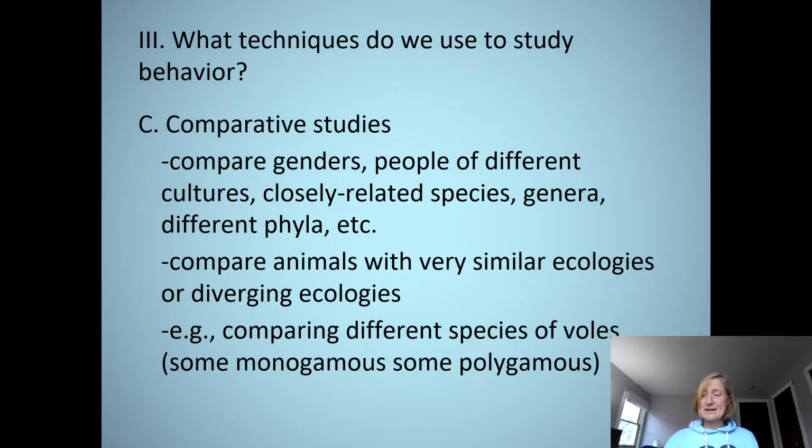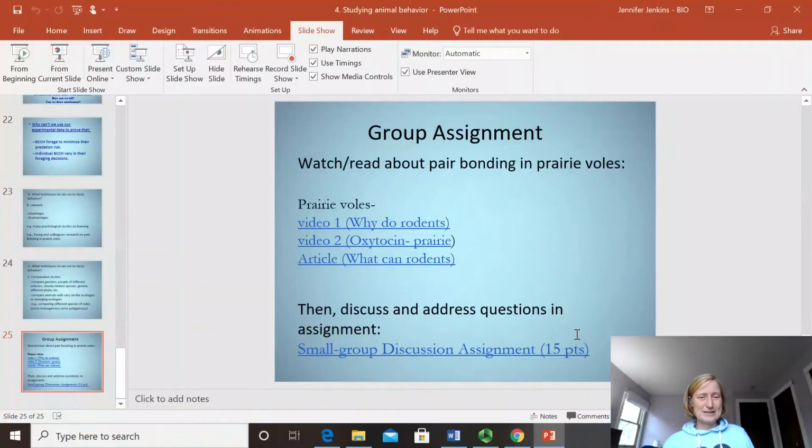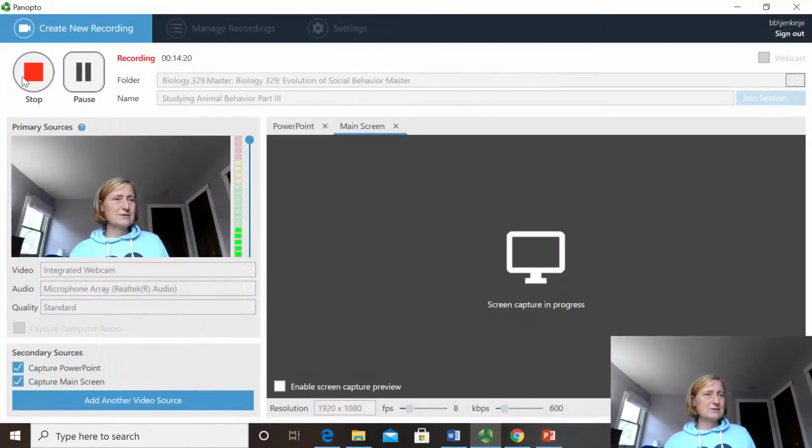Okay, so those are some of the kinds of techniques that we use to study behavior, the ways we go about studying it. And you'll read about them, you'll hear about them all the time. Your group assignment that I want you to do is to read and to watch several videos about prairie voles, and then address a small group discussion assignment. That has a series of questions on it, and to complete that as a group. And that's all I have for this